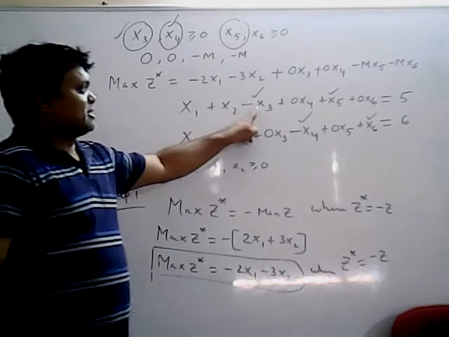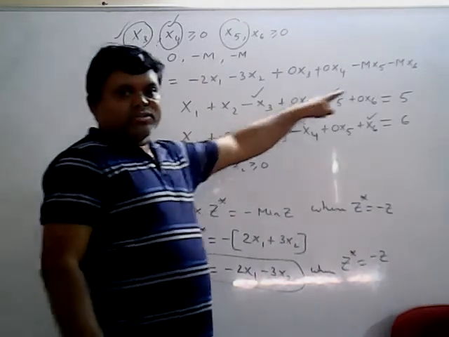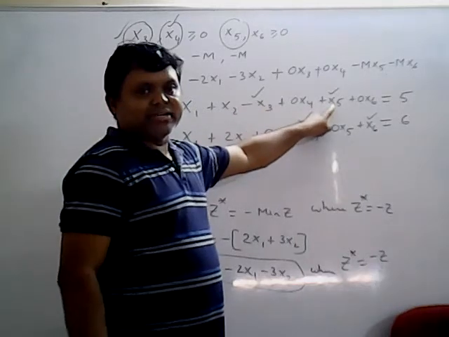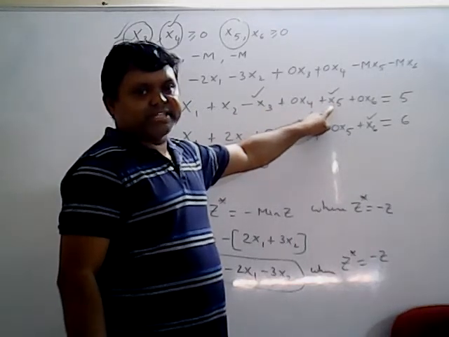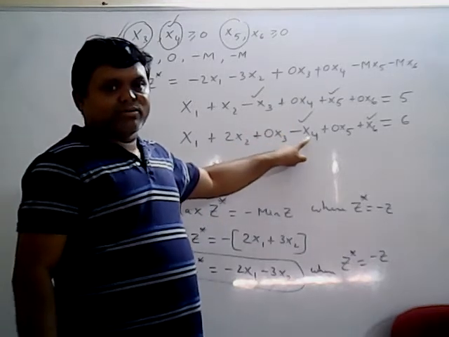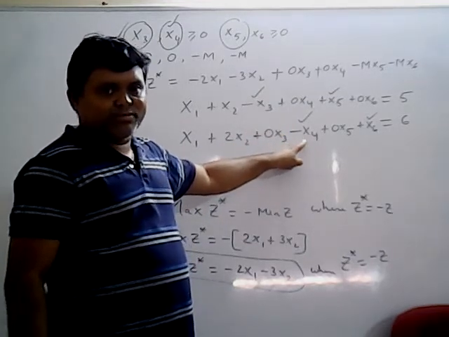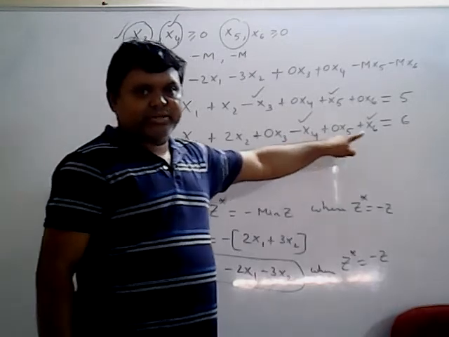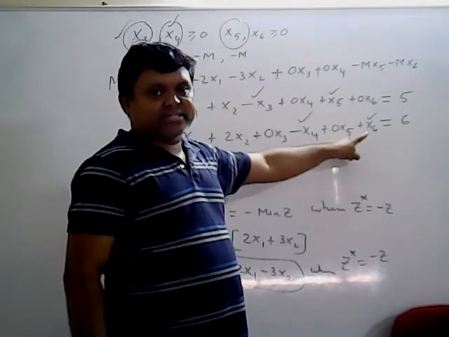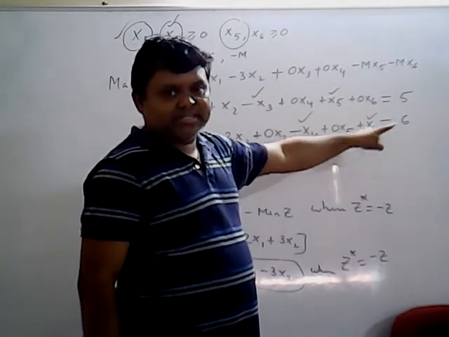Now see, the surplus variable is subtracted, so that the inequality becomes an equality. The surplus variable is used, so that's why you require an artificial variable. So I have used plus x5, this is minus x3. Similarly, the second constraint is also greater than or equal to, so you require a surplus variable, minus x4. Whenever a surplus variable is used, you require an artificial variable, so I have used the next artificial variable x6. The artificial variable is added, so plus x6 equals 0.